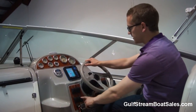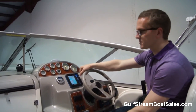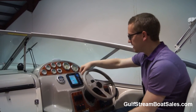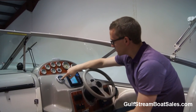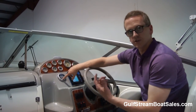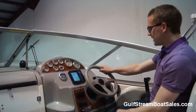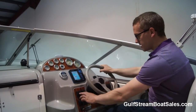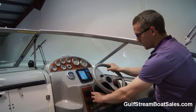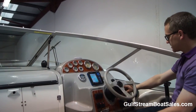We've got an integrated depth sounder as well, a factory Faria digital depth sounder, giving you the depth of water under the keel. We've got a remote control here for the Jensen stereo. The head unit lives down in the cabin, and you can control channel and functions and stereo and everything from up here. We've got all our 12-volt switchgear here for horn, bilge pumps, engine blower motor, the accessories, cockpit lights, navigation